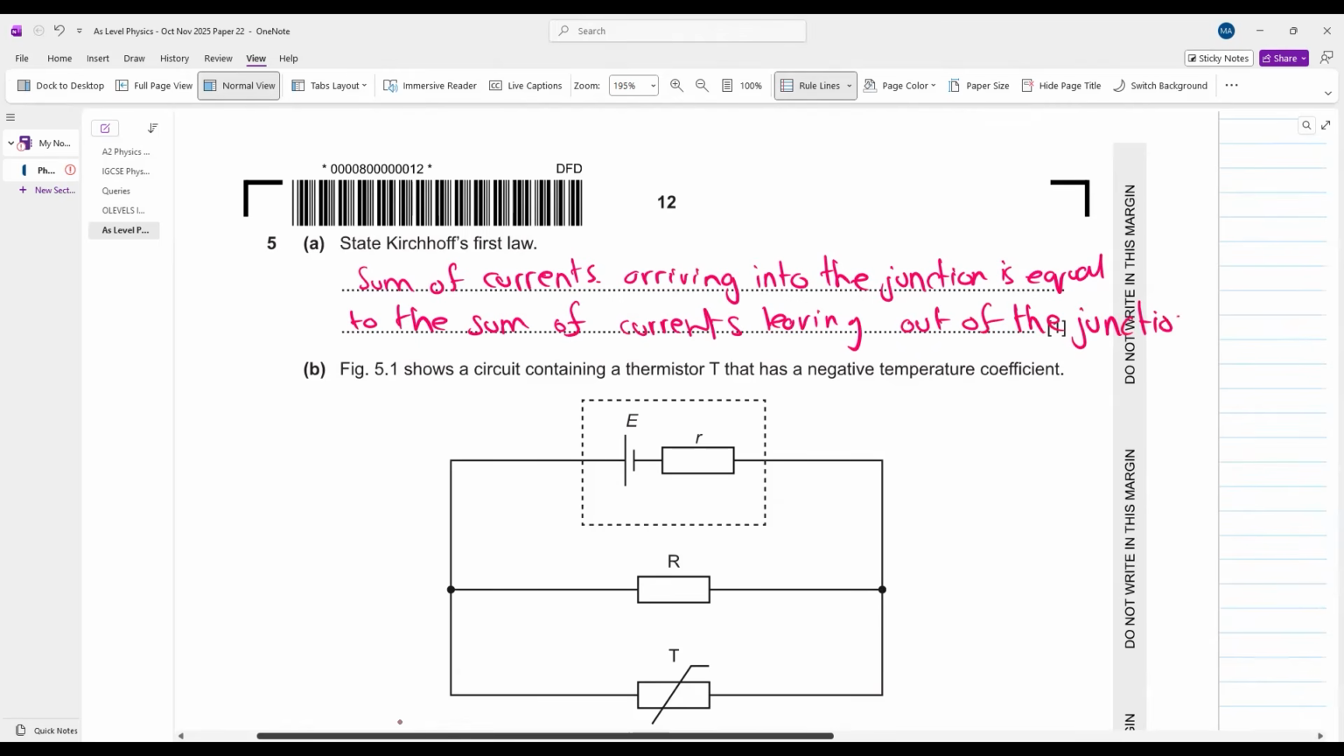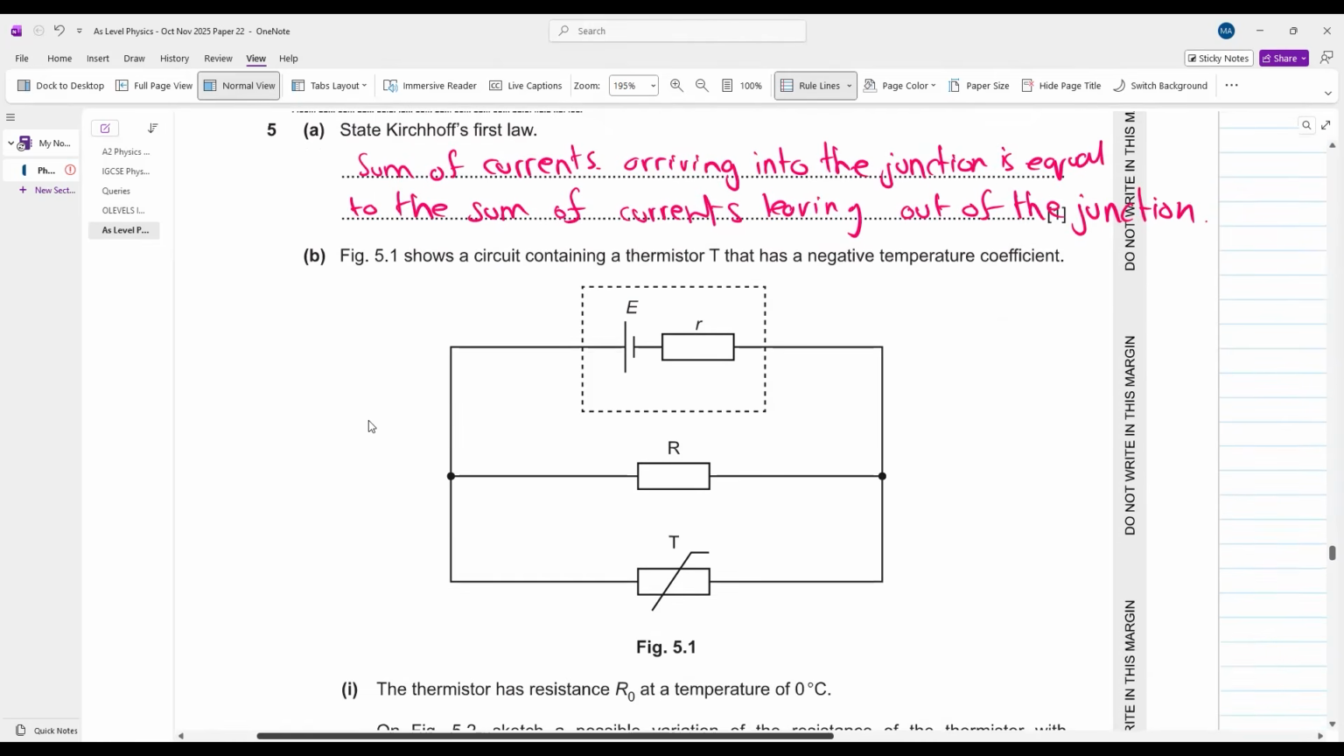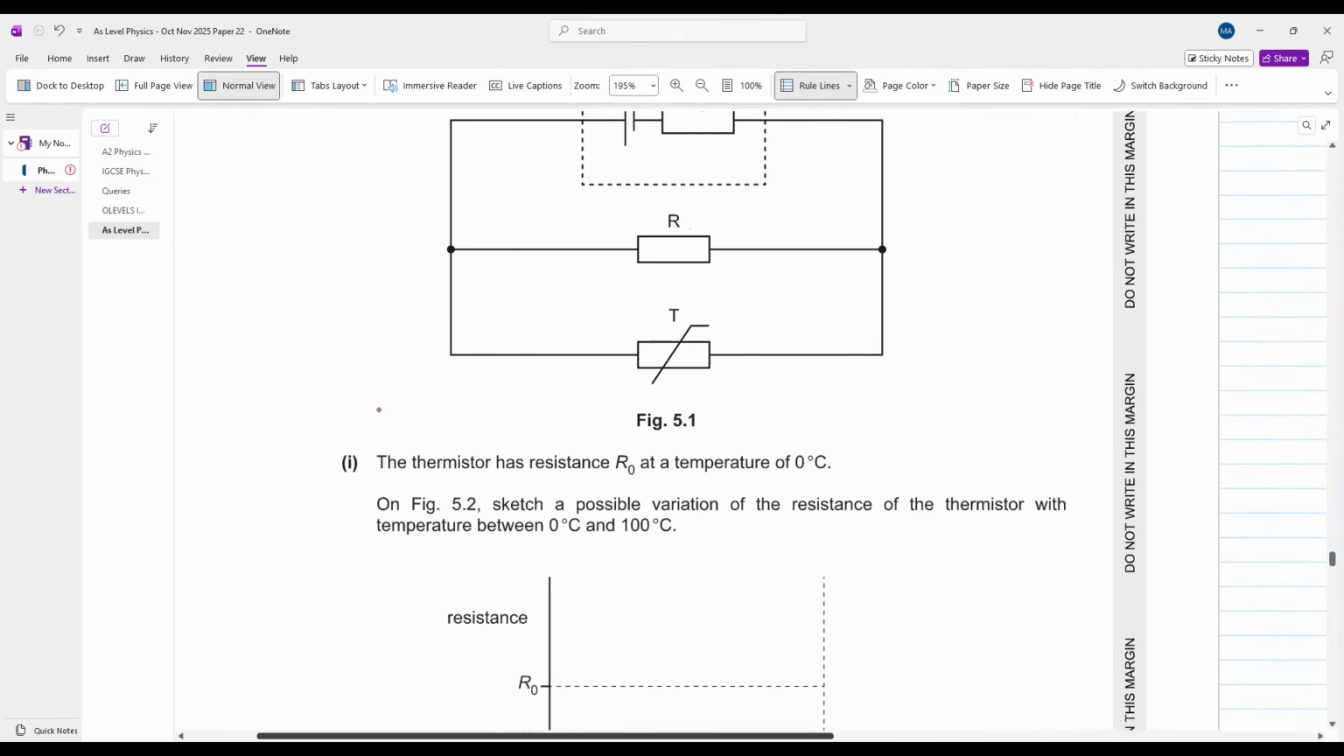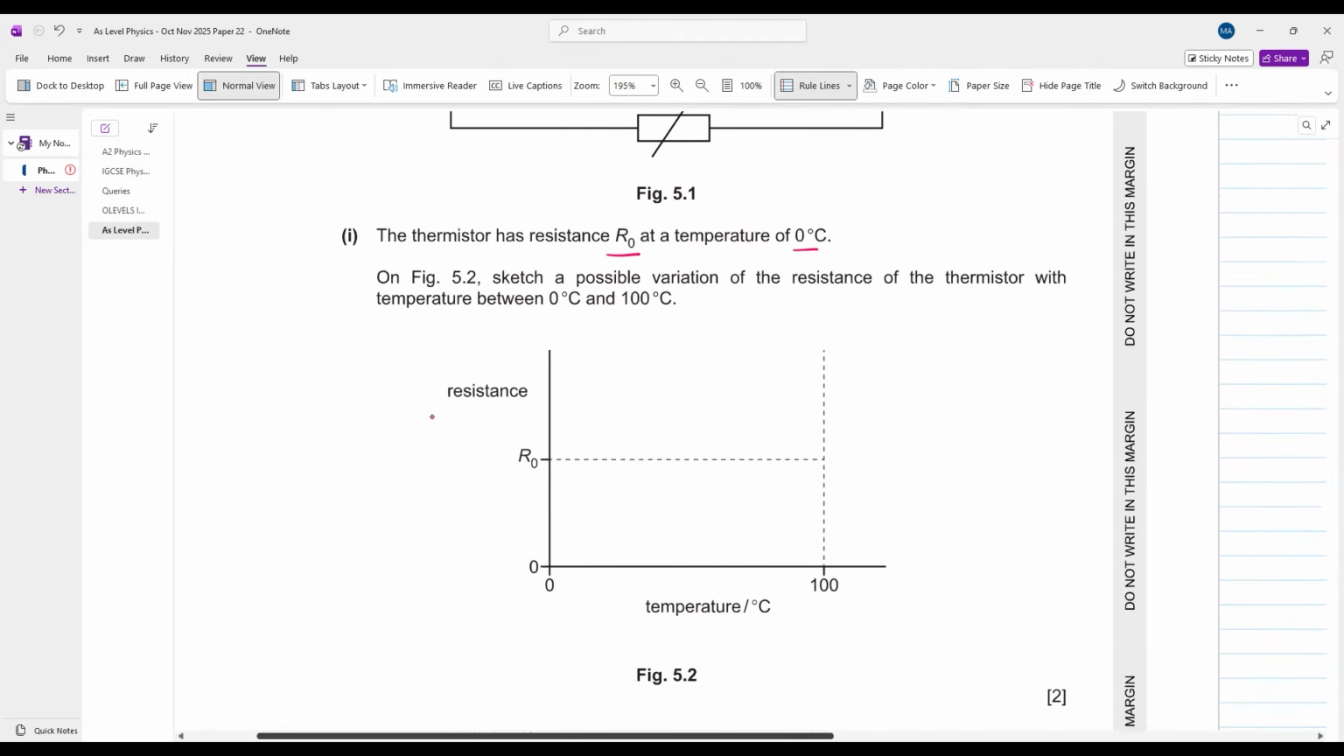सिंपल। आगे बढ़ते। Figure 5.1 shows a circuit containing a thermistor T that has a negative temperature coefficient। अच्छा जी, thermistor T है that has a negative temperature coefficient। Battery है with an EMF of E। You have an internal resistance, you have an external resistor। Perfect। The thermistor has a resistance R naught at a temperature of 0 degree centigrade। ठीक है।